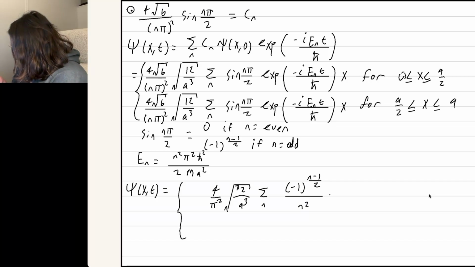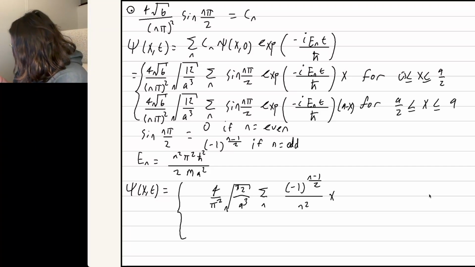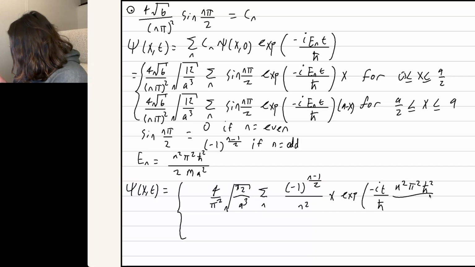And then we still have the x, and this is supposed to be a minus x. We got x, we got exp minus i t over h bar times n squared pi squared h bar squared over 2ma squared